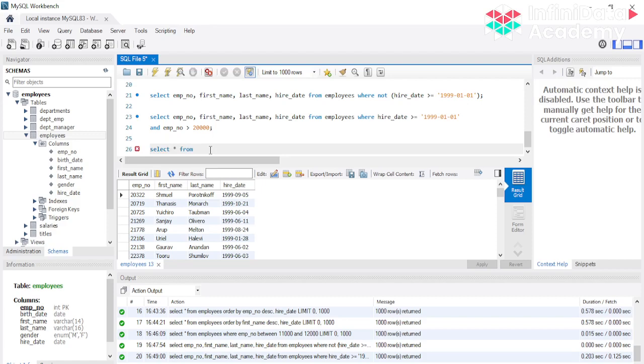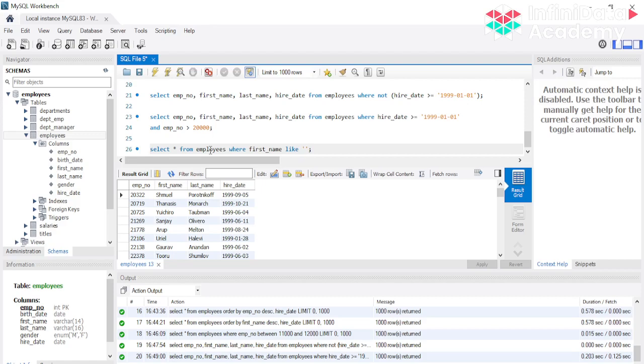So right from this, and then employees, in this case I'll show you one more operation we can do, that is LIKE. Let's say I want to check for a particular first name, which employee's name is similar to some value.